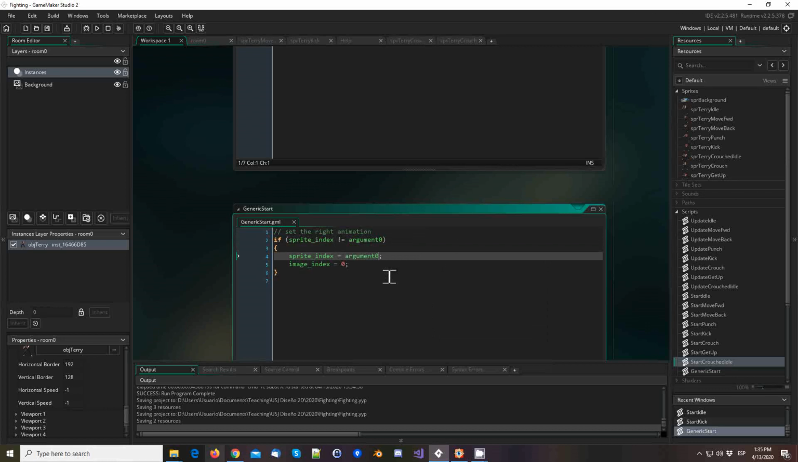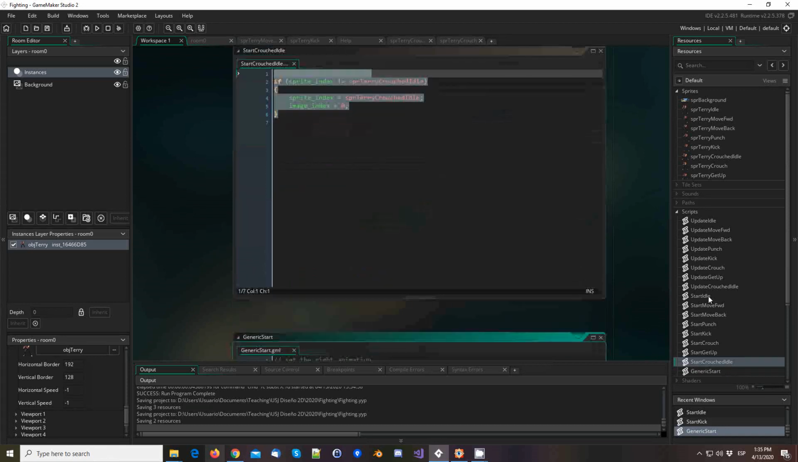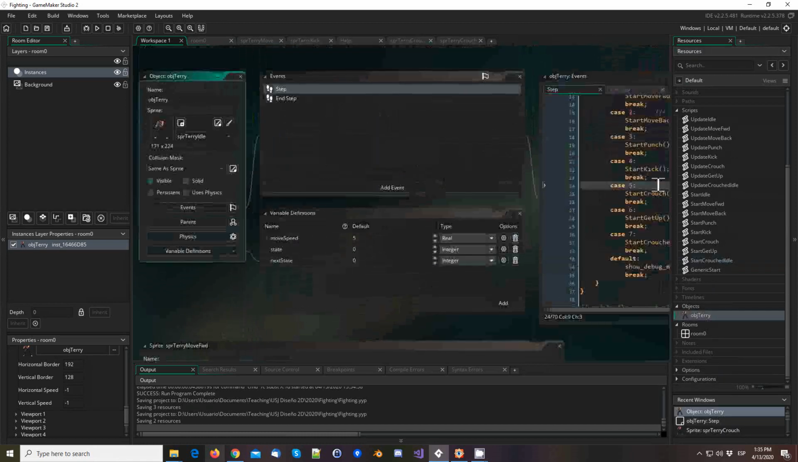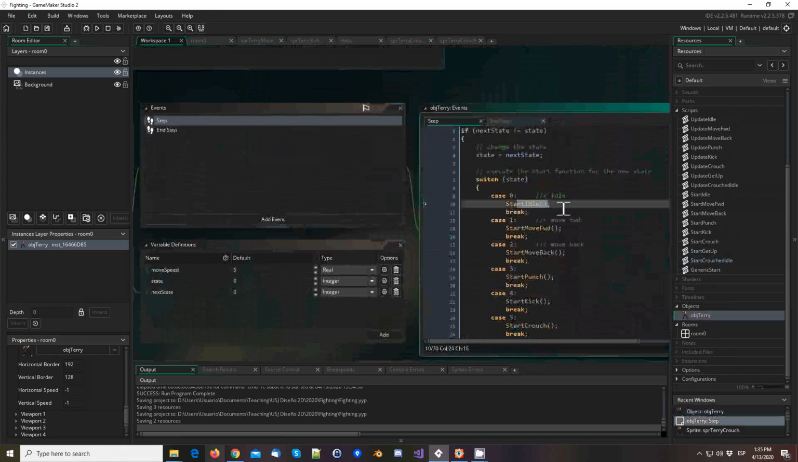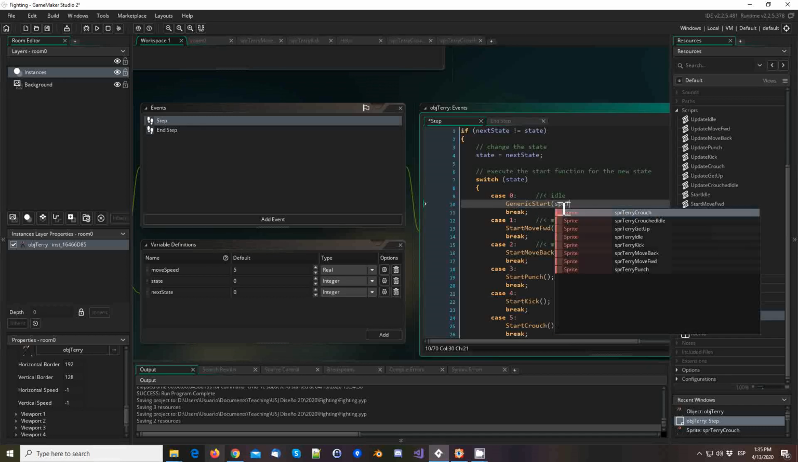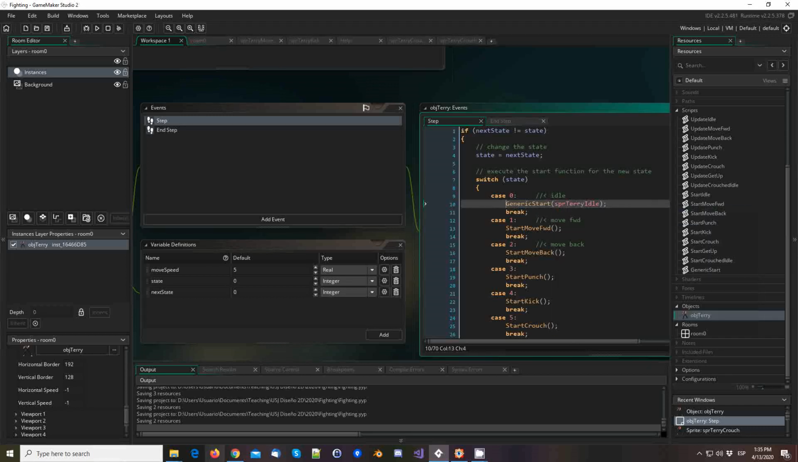See? Yep, and that sounds about right. So if we got a generic start, we can actually change these. When we say we got generic start SPR Terry idle, here is gonna be Terry move forward. It's gonna be Terry move back. This is gonna be Terry